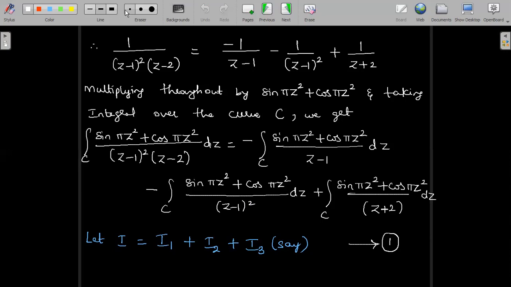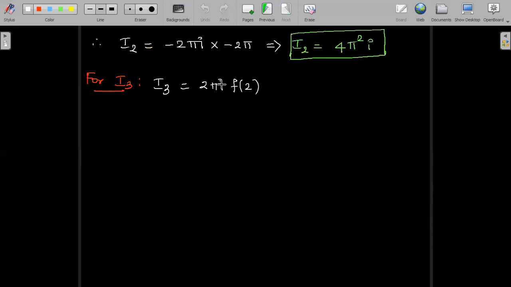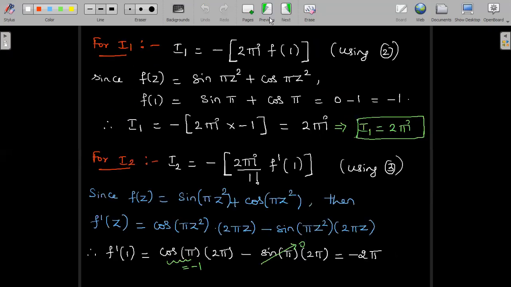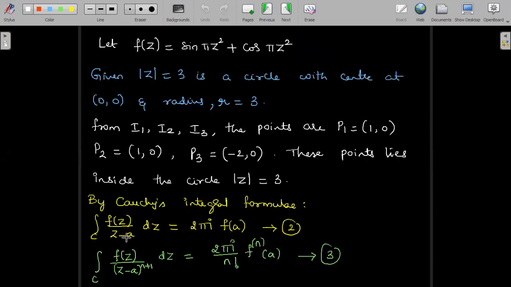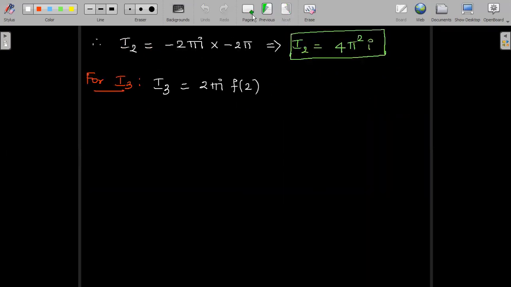Okay, so here I have made a mistake. It should have been z minus 2, so it should have been a minus sign. I'm sorry for such a big mistake. It should have been z minus 2, guys. So please correct it. So on comparison, a value is equal to 2. So that is why I've written f of 2. And it's an application of Cauchy's integral formula. So 2 pi i into f of a I have to apply. Equation 2 we have used.